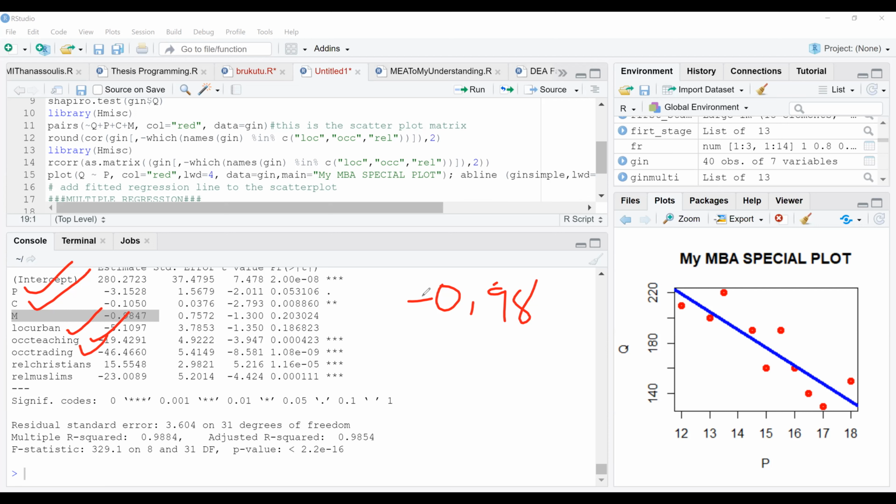And the religion of the people. You see, once again, I didn't mention religion Christian and religion Muslim of the people. No, because they are religion. So after you said that, let me repeat. On average, given the price of gin, the complement price of gin, the location of the shop, the occupation and the religion of the people,